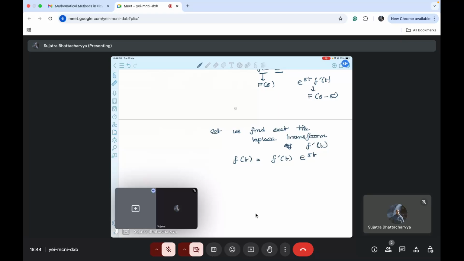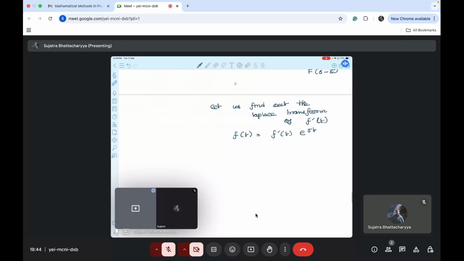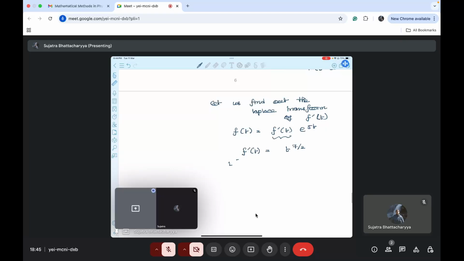E to the power at something. Okay, and this f dash t is what you call t to the power 7 by 2. That's all, right? So now, if you take the Laplace transform of f dash t, which we are calling some F of s,